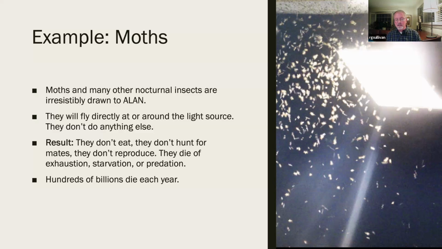So nobody knows how many insects die this way, but it is certainly hundreds of billions or possibly trillions. There's really no way to know, but this is going on all over the world and has been for years and years and years. And unfortunately, the amount of light, because of the availability of LEDs, is actually going up, and the growth is pretty significant annually.